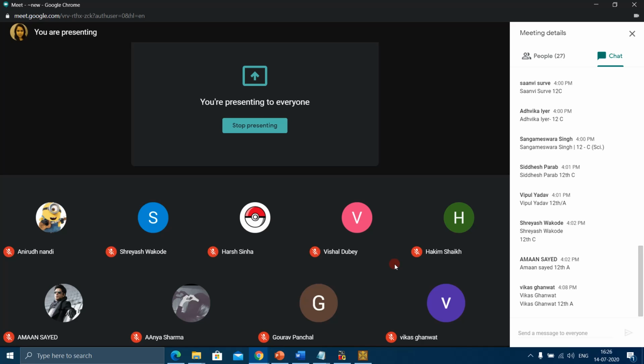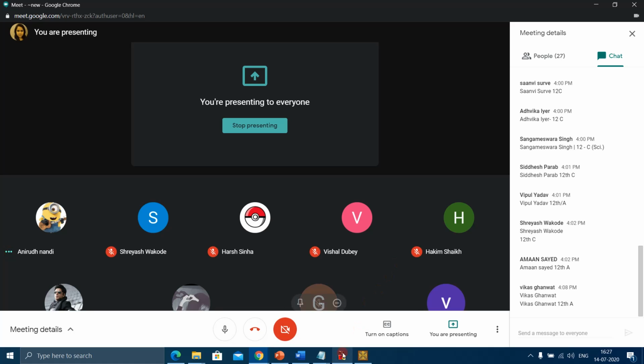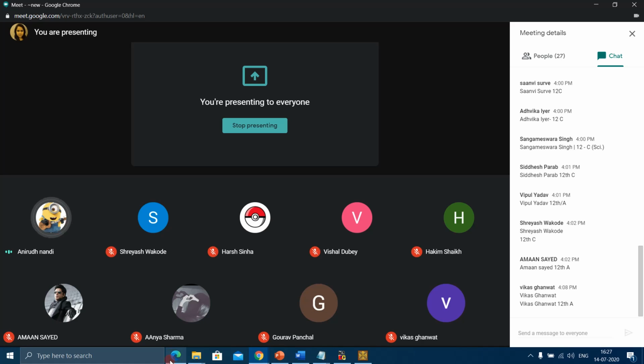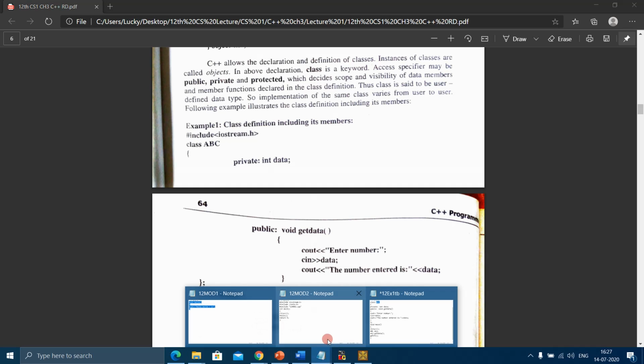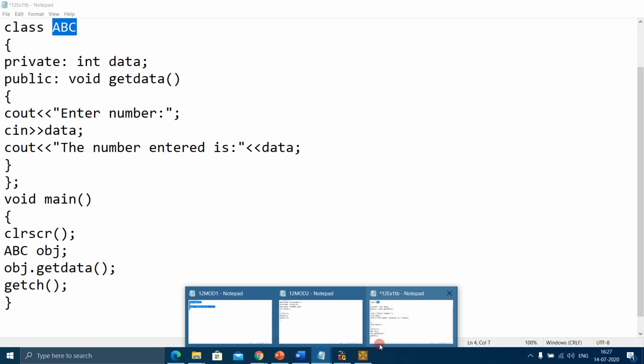Public and private are the access specifiers. I had told you in 11th standard. Access is not restricted in public; access is limited to the containing class in private. That is access modifier.